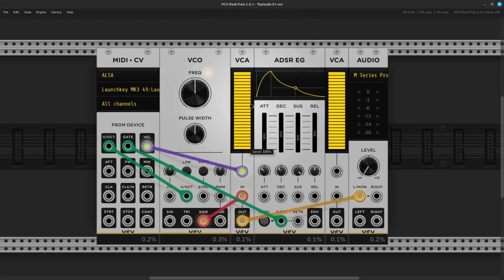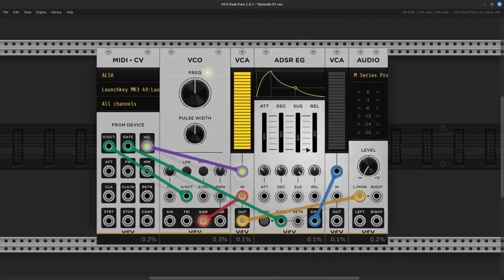So we have control of how high it rises to in the attack. We basically have the output of this VCA carrying audio to the audio input of this VCA. And then we want the control of this envelope generator that's being triggered by the gate